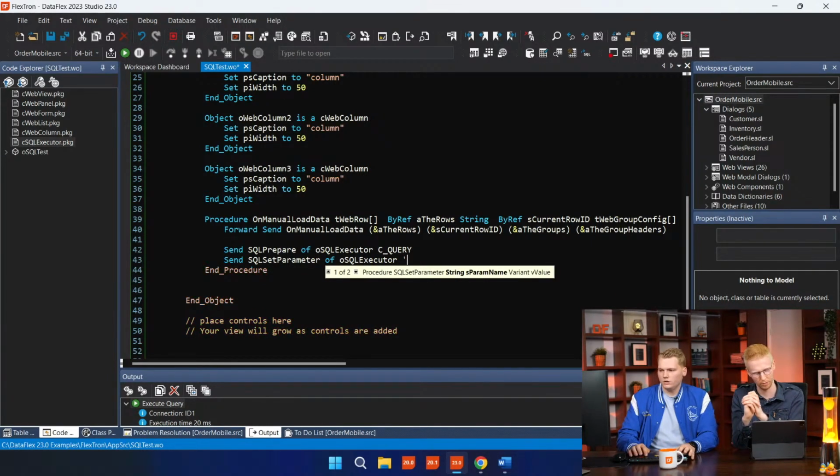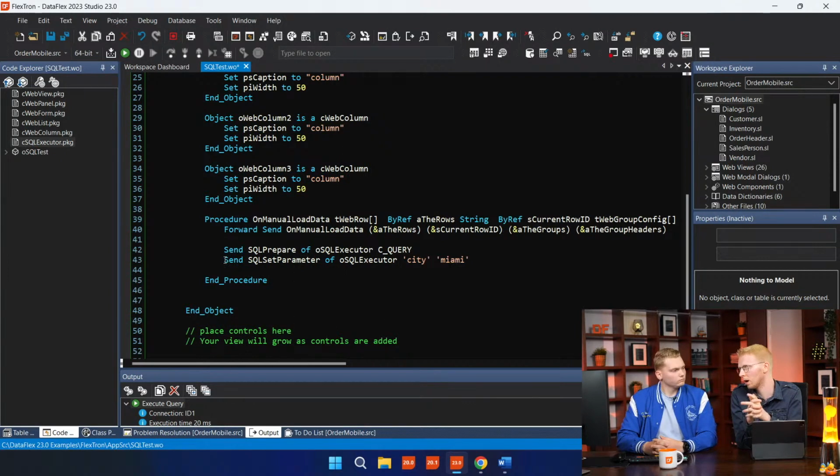And then the parameter name, so city. And then the value. Should we take Miami again, or nothing? Yeah. Let's do Miami because we're sure that we get the request from that. All right. Okay, so now we've prepared the statement, we can now actually execute the query, and there are two